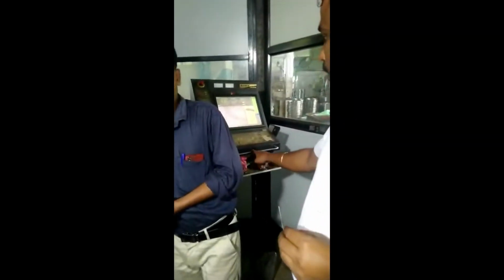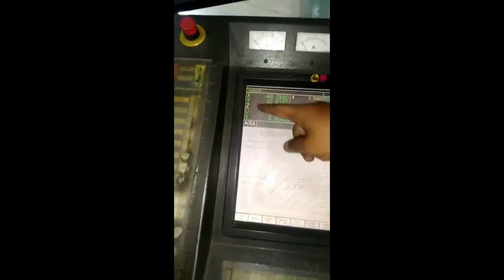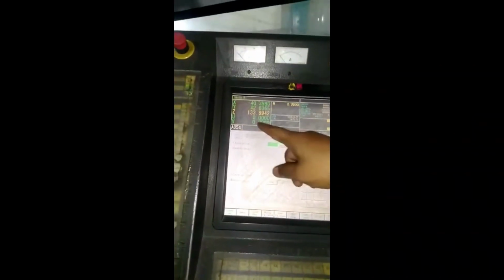All the machine references are given through this control unit, meaning X direction, Y direction, Z direction, how much height is required, how much distance you want to travel, all those directions. Here there are the X, Y, Z, U, V axes. These are all shown over here. These are all the directions given on this control panel, and afterwards we can set the positioning, meaning we can control these axes and position the job on the machine itself.